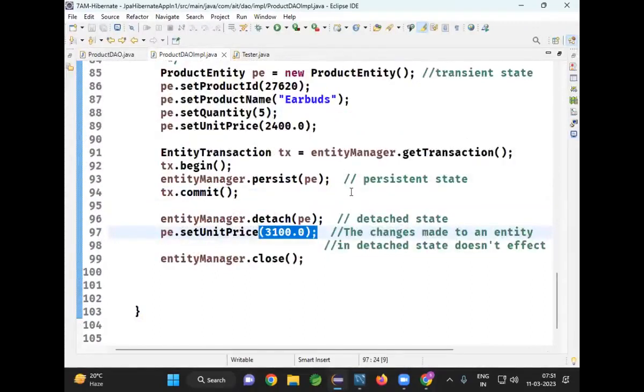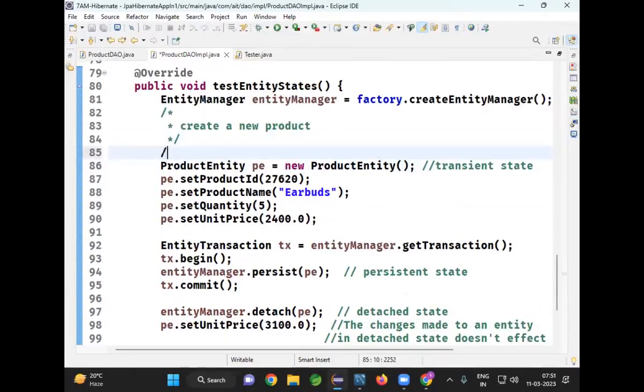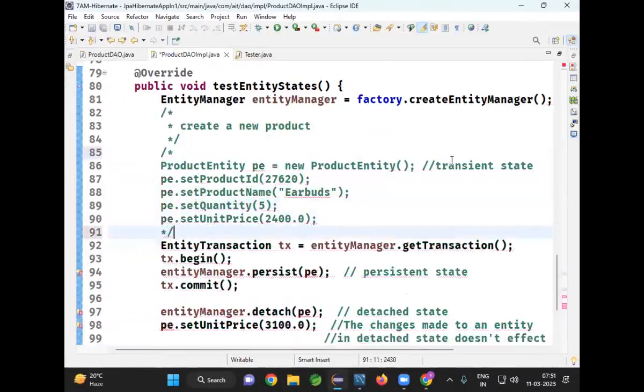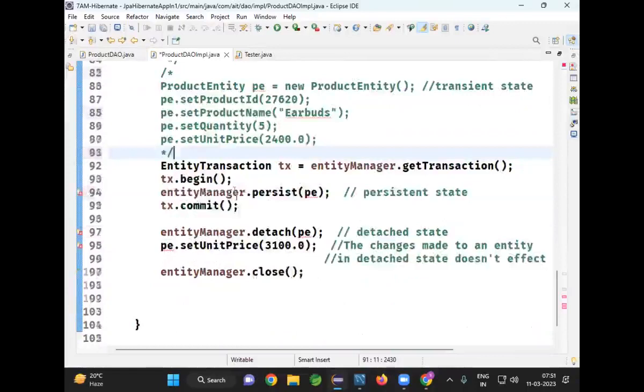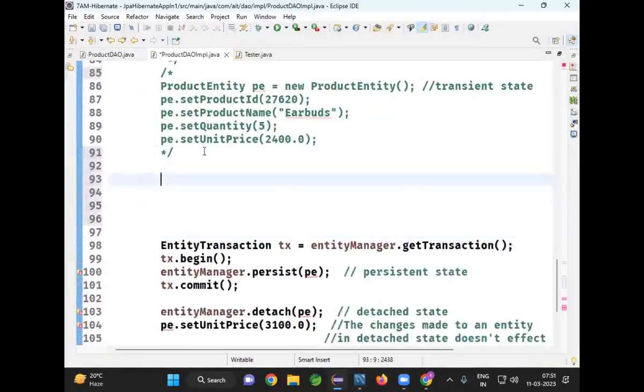Let us go ahead. Observe here. I don't want to create the new product. That means I want to keep this code in comment. I am not removing it, but at least I'm keeping the code in comment. I want to load this product from the database. Tell me first of all, how to load an entity from the database. Please tell me. Product entity,